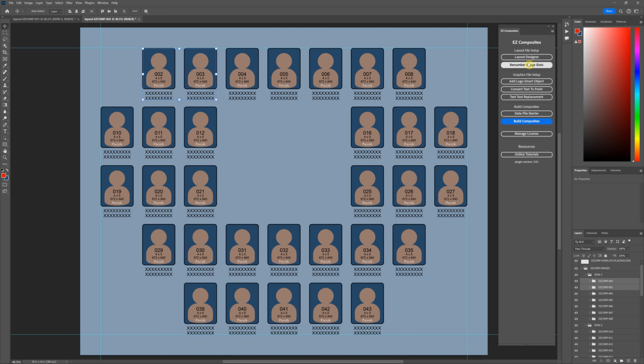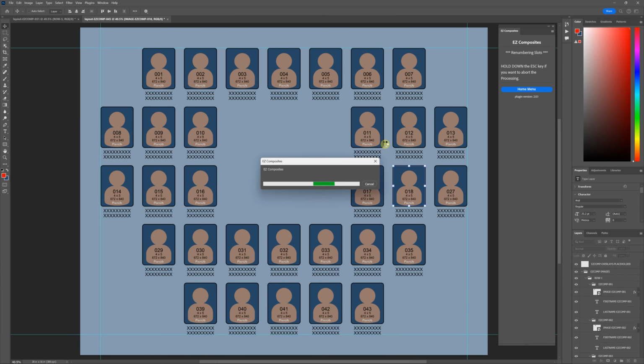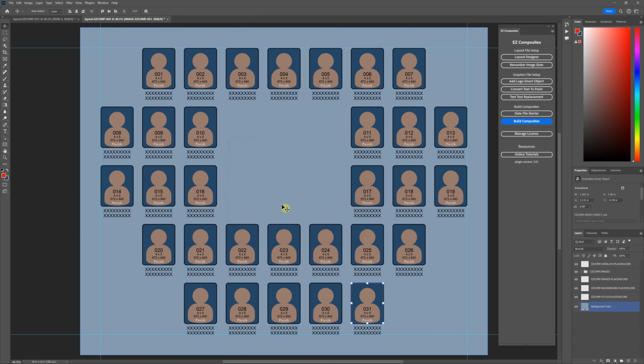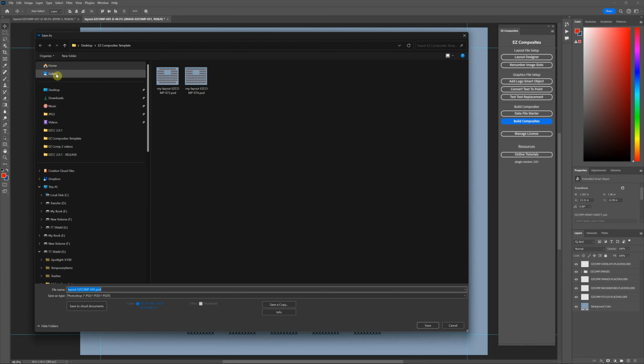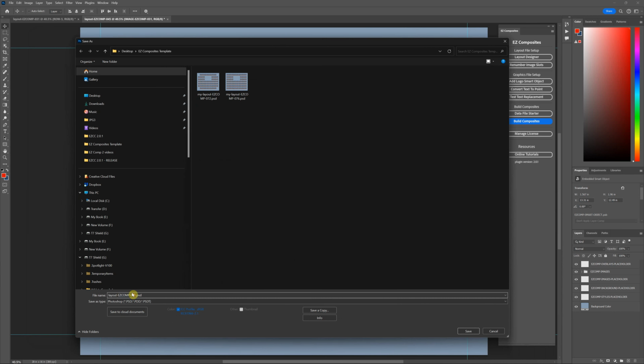All right, so I'm just going to hit renumber image slots again, and this will take a couple of minutes. Okay, it's renumbered the image slots 1 through 31. It's giving us a very important message, and this is very important. If you resave this as a layout file, you have to make sure you change the end of this so it's EasyComp hyphen with the number of images. And in this case, it's 31, so it has to be